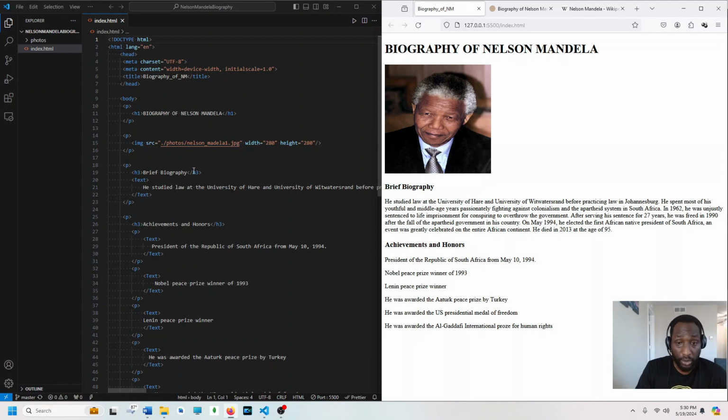So we're going to start by modifying our document a little bit before we move on to the second part, which is CSS. We want to add styling to our document, to our web page, the Nelson Mandela biography page. So we are going to start by